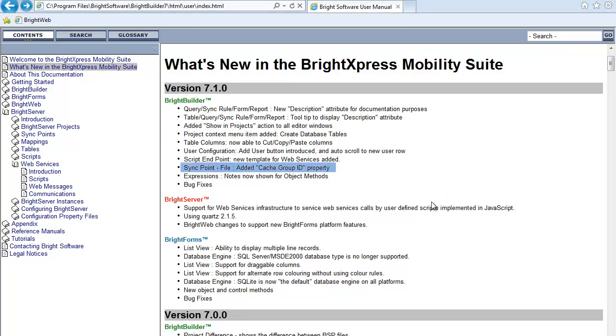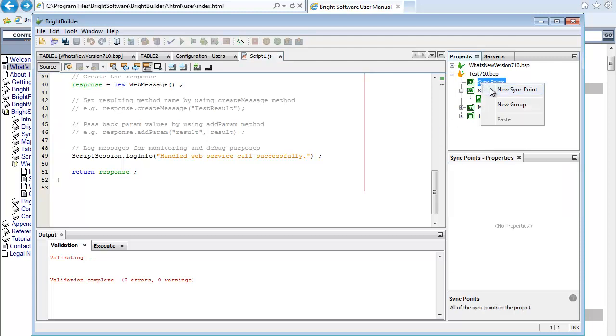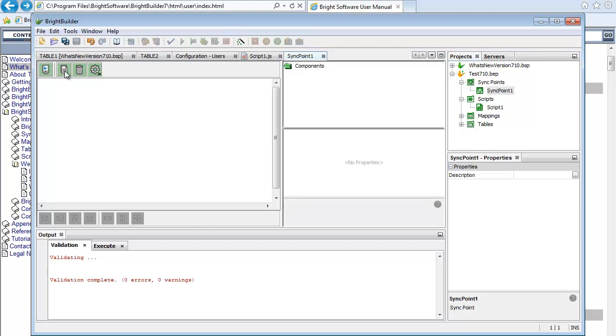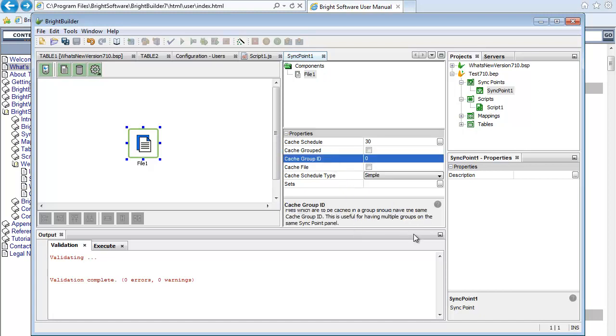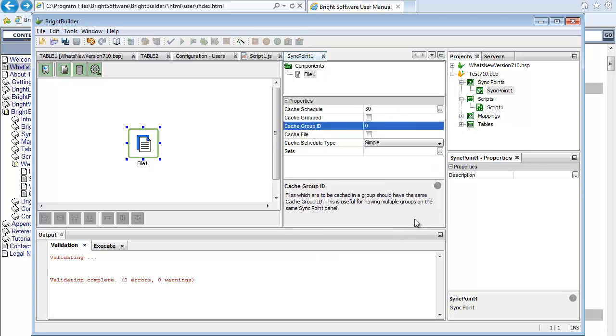On the sync point for a file, we've now added a cache group ID property. So now if I have a BEP file with a script sync point, I select in a file data source, then now we have the cache ID appearing there as a new property, and as the hint there says, the files which are cached in a group should have the same cache group